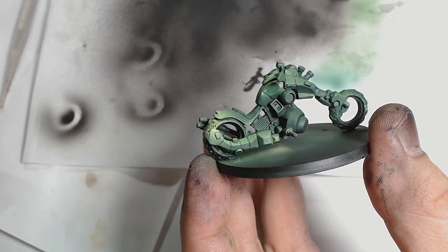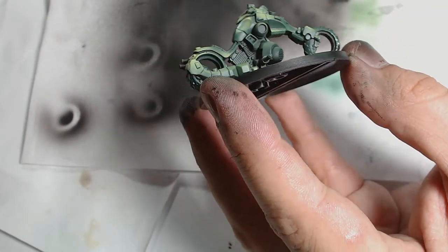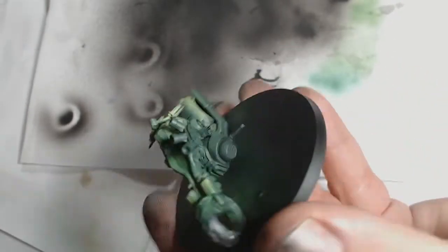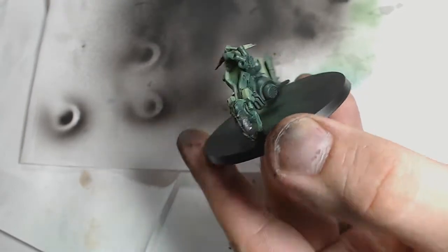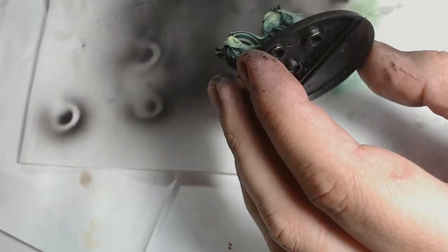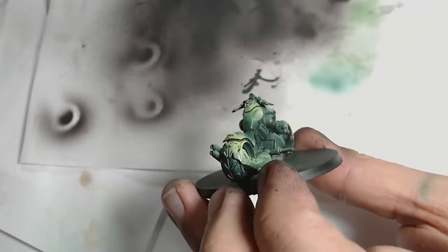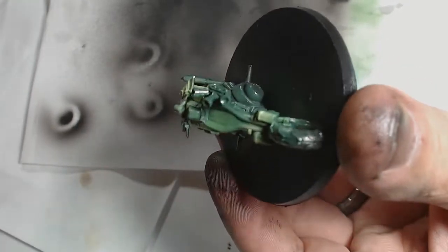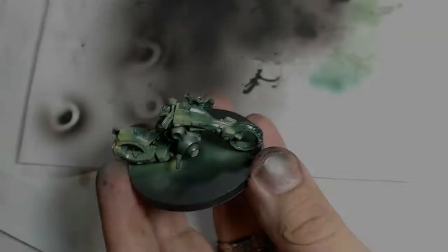And just ever so gently, just bringing those hot spots in, making the transitions as smooth as I possibly can, including into the sections near the seat, obviously at the front of the fairing of the bike, and just generally pulling those colours together, giving the bike that extra dimensional sci-fi sort of style. Next, I protect the paint with a gloss varnish